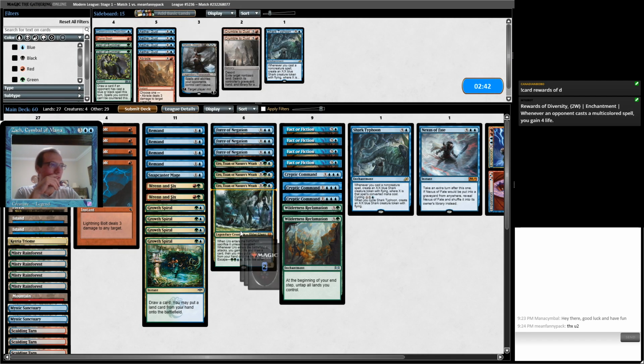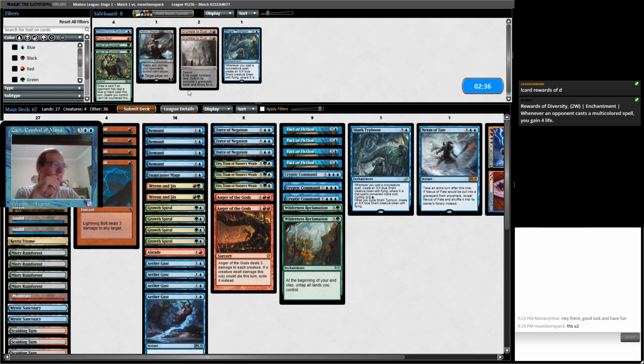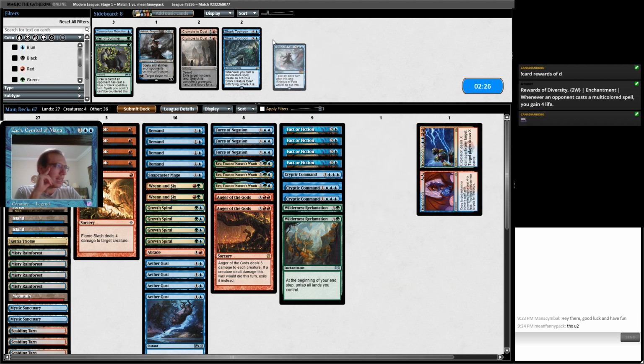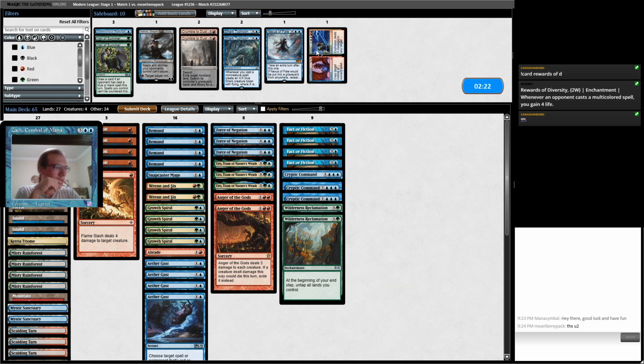However, Anger of the Gods and Abrade coming in here. Maybe even Aether Gust. Maybe even Veil of Summer. Flash? Yeah, probably Flames. Let's take out Shark Typhoon, probably Nexus of Fate, probably Expansion Explosion, maybe even Wilderness Reclamation,